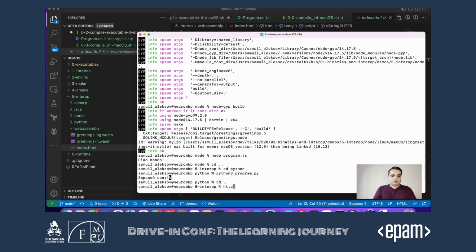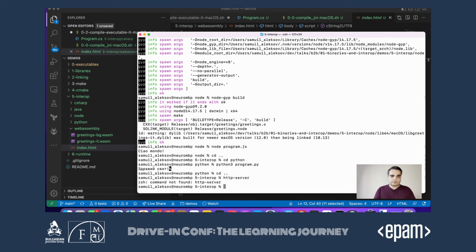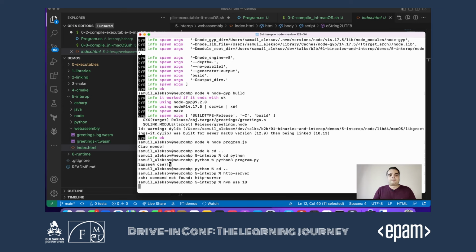So I can run, if I'm again on the right Node.js version, I should be able to run on HTTP server, and I'm not, because I probably deleted it. Let's see if Async has it.